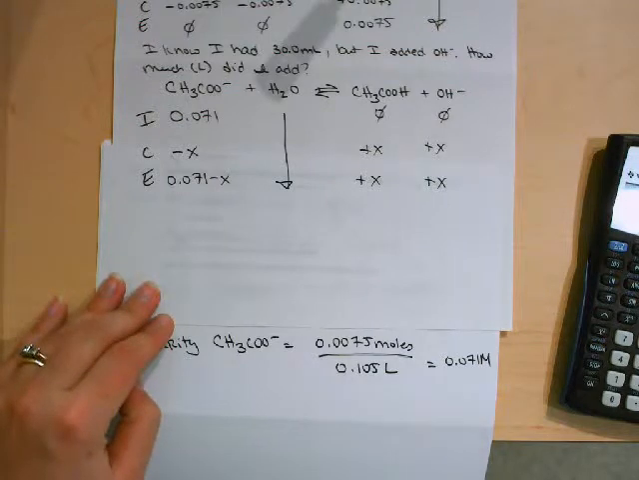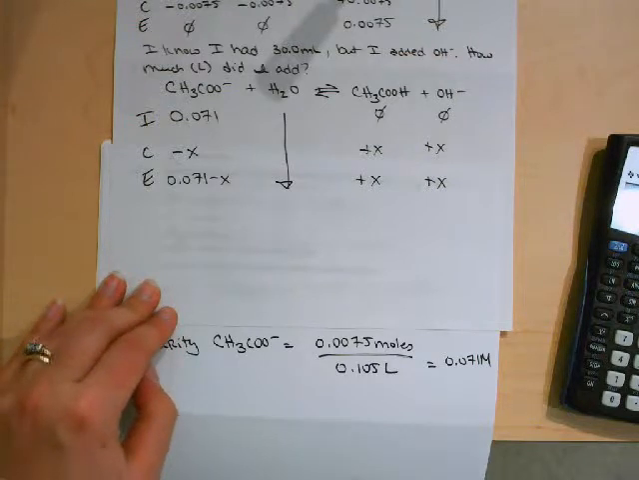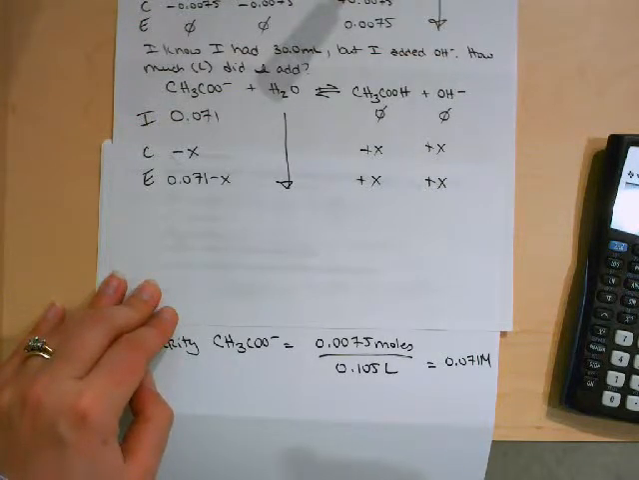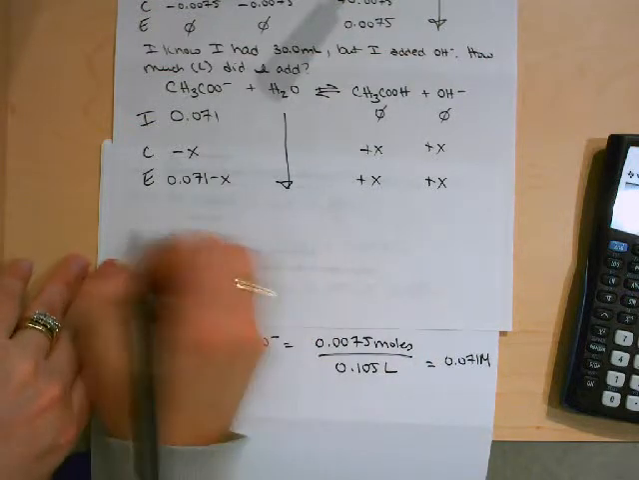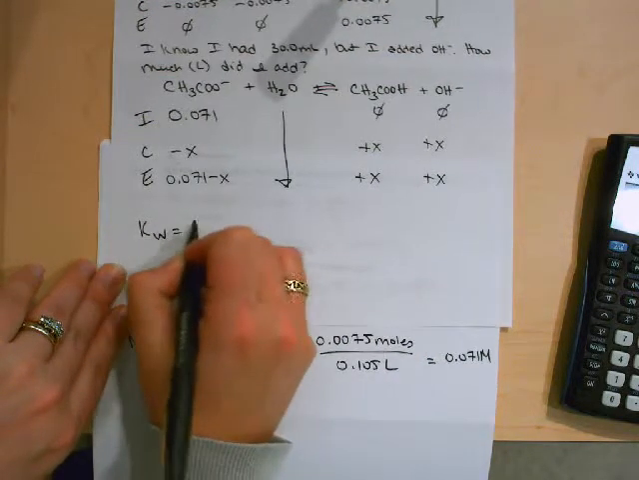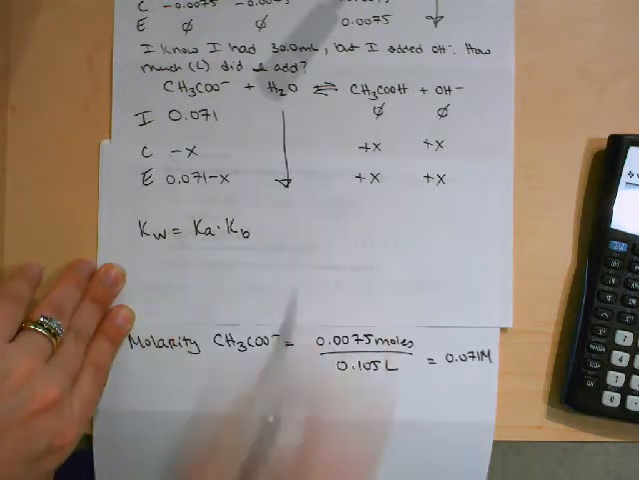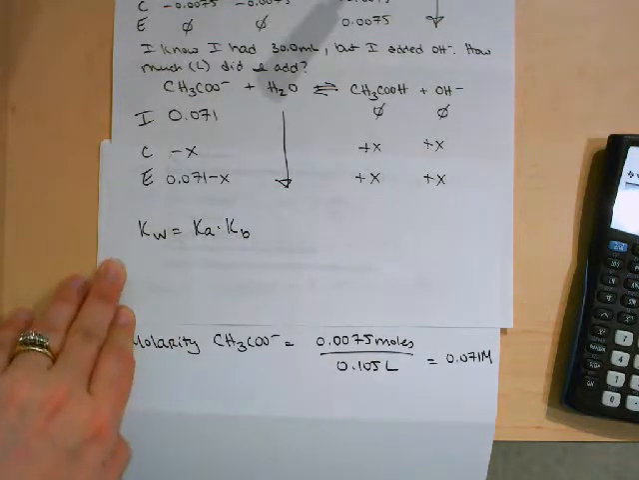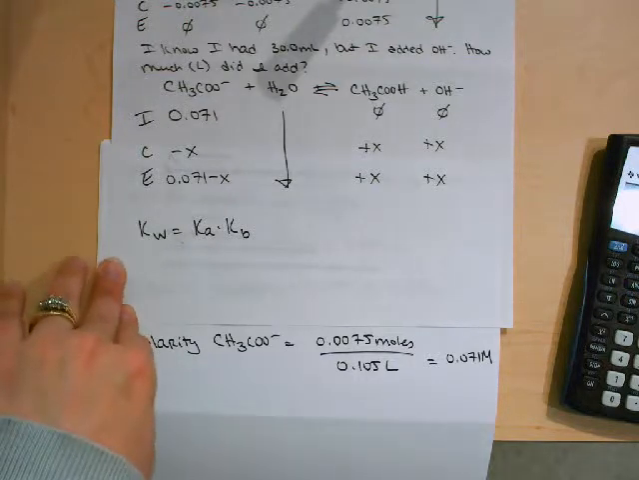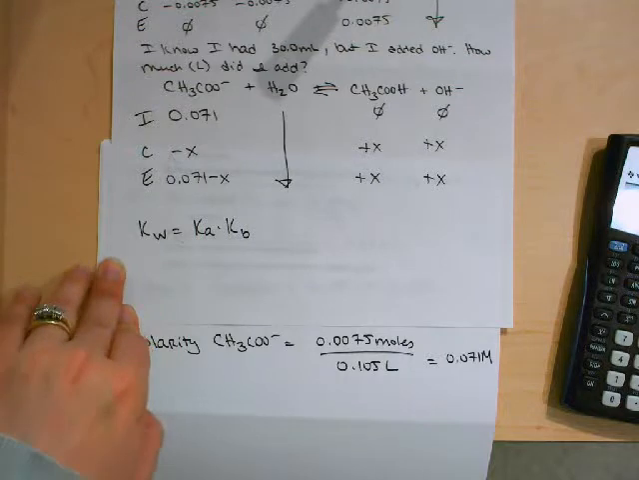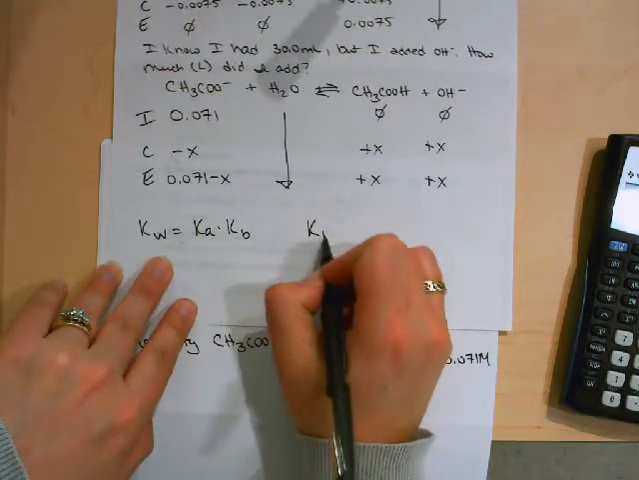Alright, so now what? I need the Kb. Why do I need the Kb? Because now I have the base. What if I felt like I was being tricky and didn't give you the Kb, but you know the Ka? So you could either say Kw equals Ka times Kb, totally fine, or you could do a few other circuitous routes, or I'll be generous and I'll just tell you. In this case,